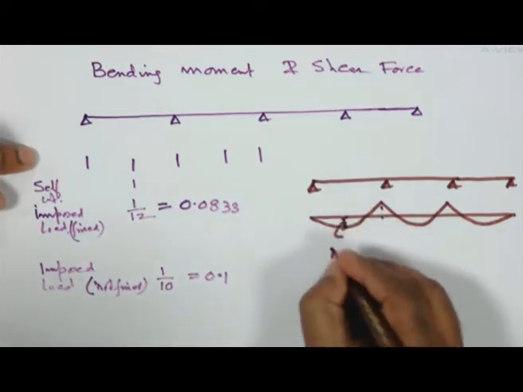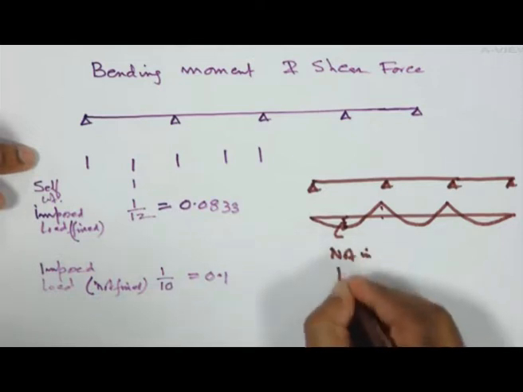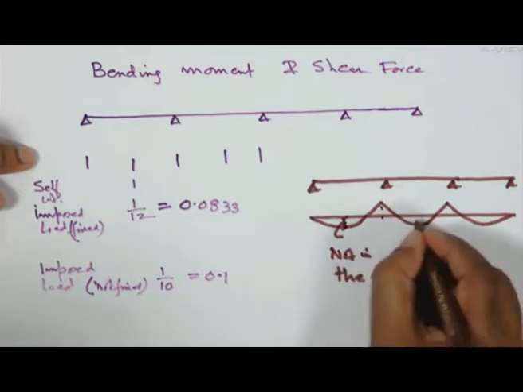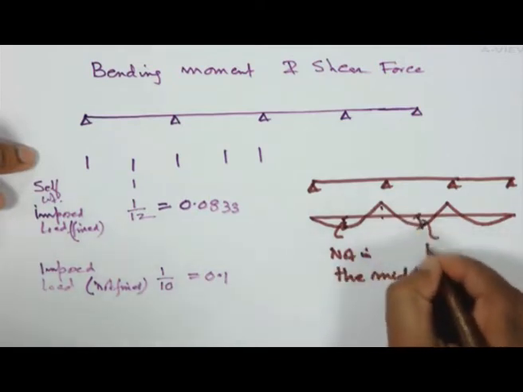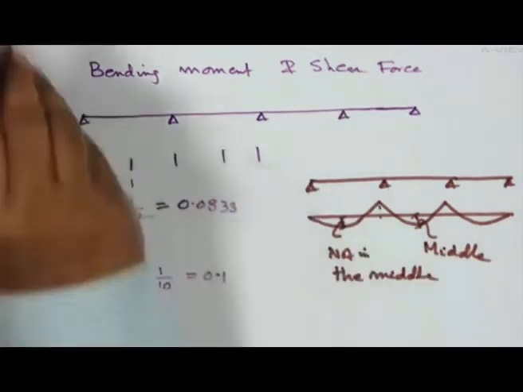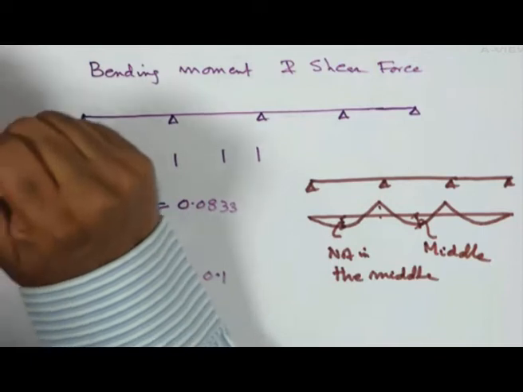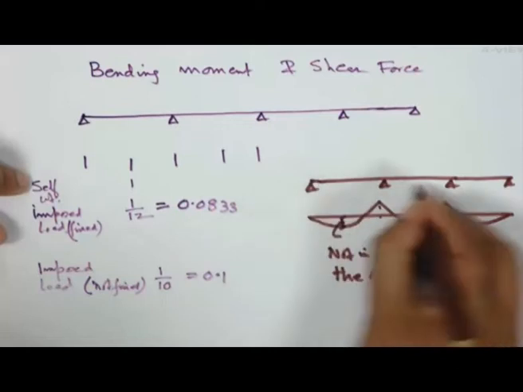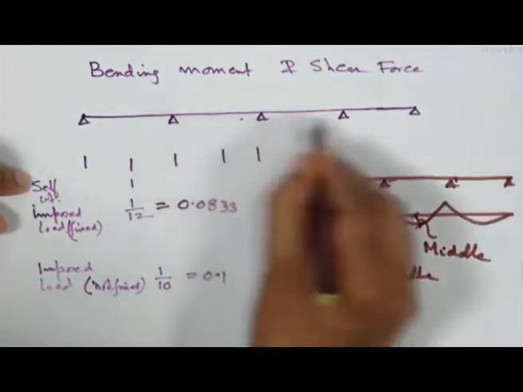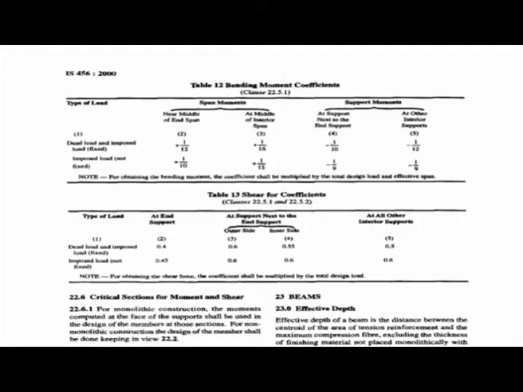It is not in the middle. But here this one will be at the middle. So that's why we call it near middle of end span. We consider this as your end span, and this as your intermediate span, in this case 1. Whereas here we can consider this one as an intermediate span like that. So you can find out the bending moment coefficients from here, and from there you can find out